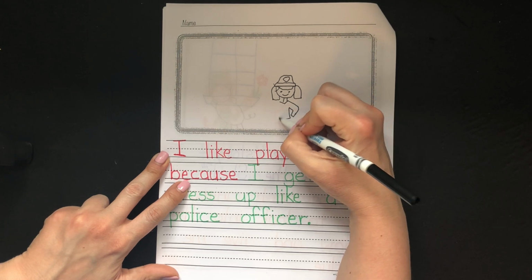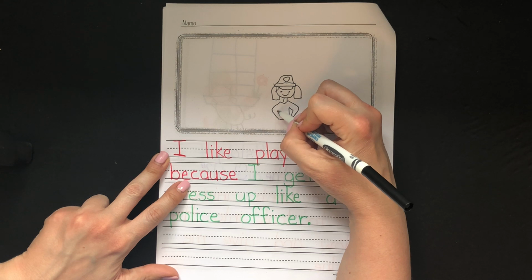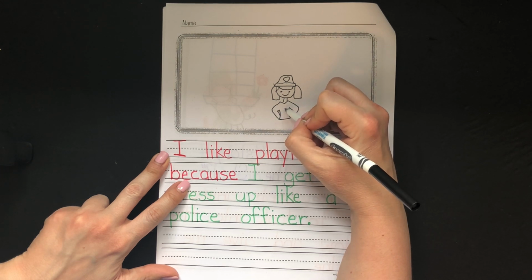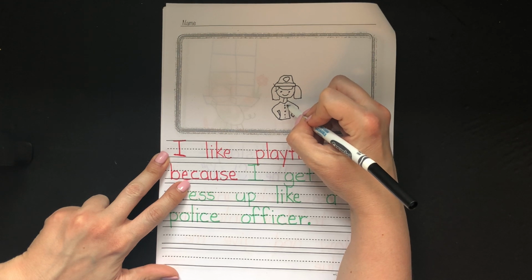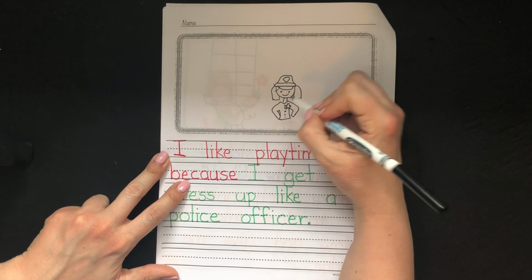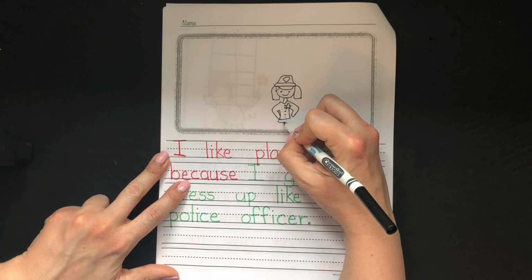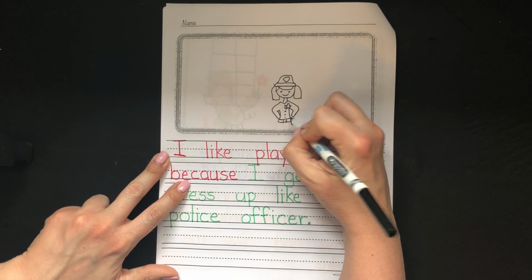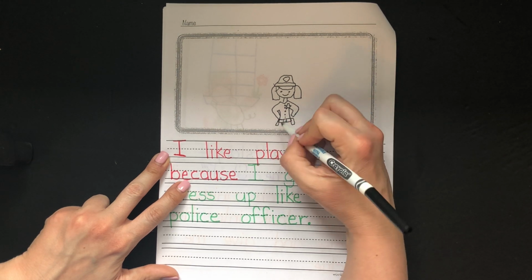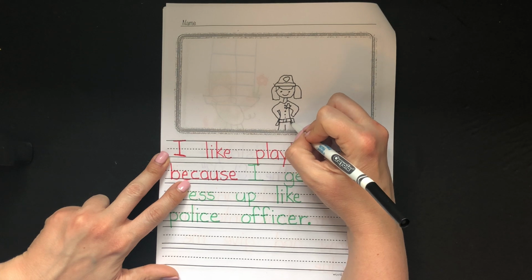So I have to think in my drawing about what a police officer would wear. Maybe a button shirt, their badge. Maybe it looks like a star, maybe it has a different shape. They usually have a special belt that has things that hang on it that they use. And their pants,